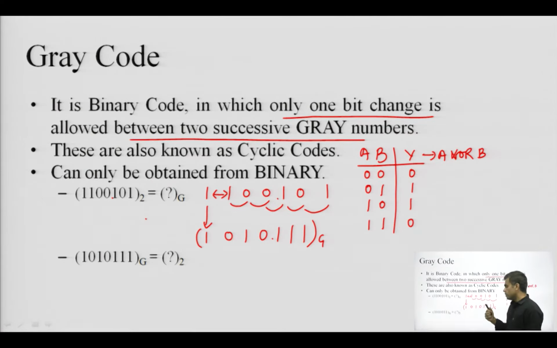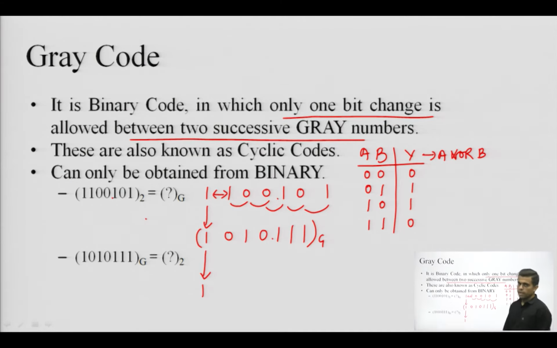Okay. So, in this way we can convert a binary number into gray, and similarly to get back into binary from gray, I again need to perform XOR operation, but this time the entities between which this XOR operation is to be performed are different. How is it different? Let us take an example for this. As you can see that I have taken the same number which I have obtained in gray. This is the same number 1010111. So, again I am writing this number at some spacing and now converting this number into binary.